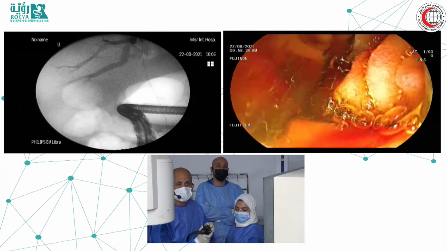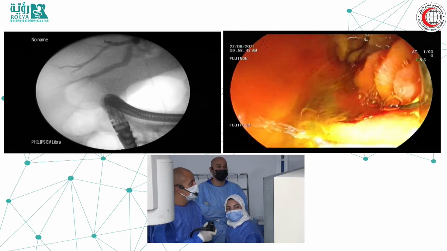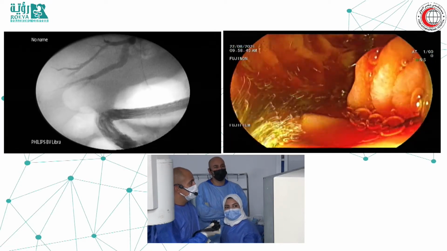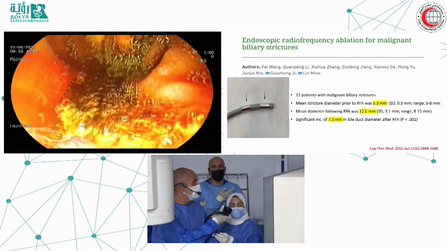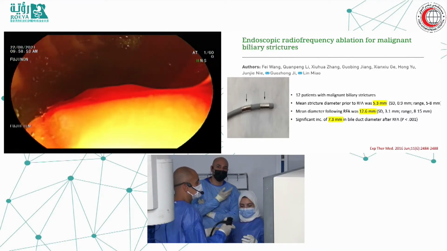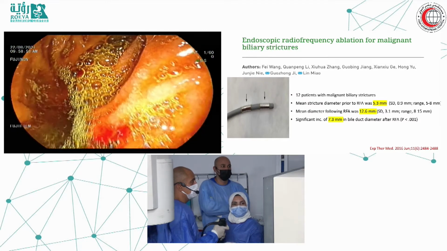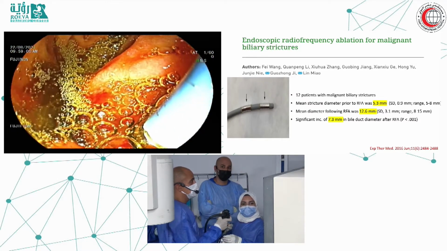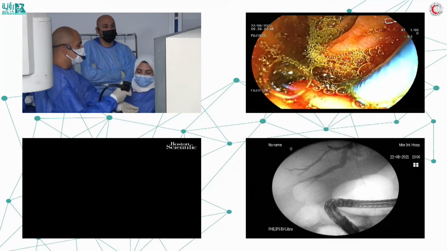But I agree, EUS of course will add to the clinical picture. I think maybe like 5 years ago you would have said this is a hilar stricture or proximal stricture, so it's not for EUS. But I think now most of us agree that EUS does have a role even in these proximal strictures. So yes, I agree, it could help. But of course we feel that a SpyGlass will